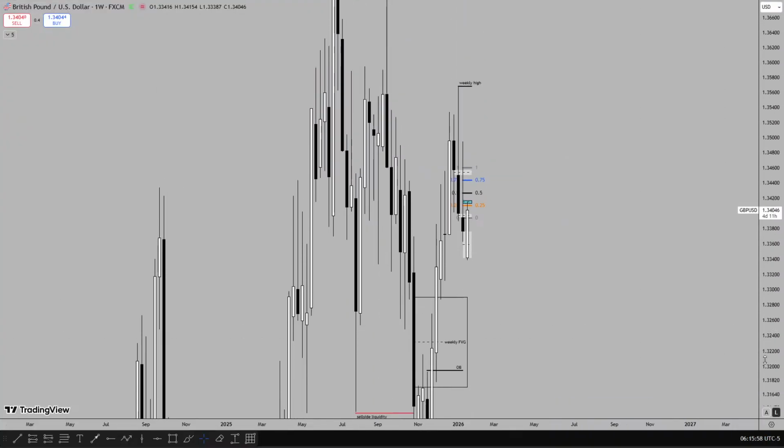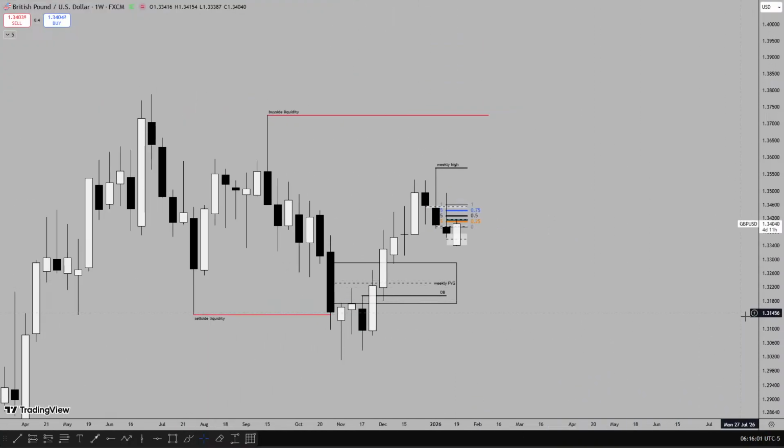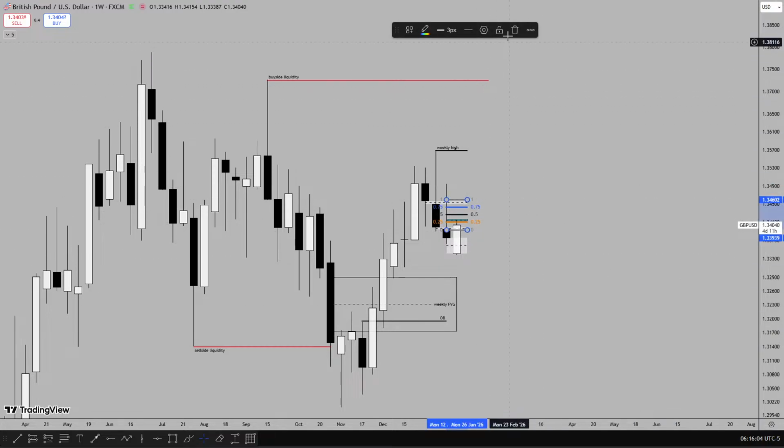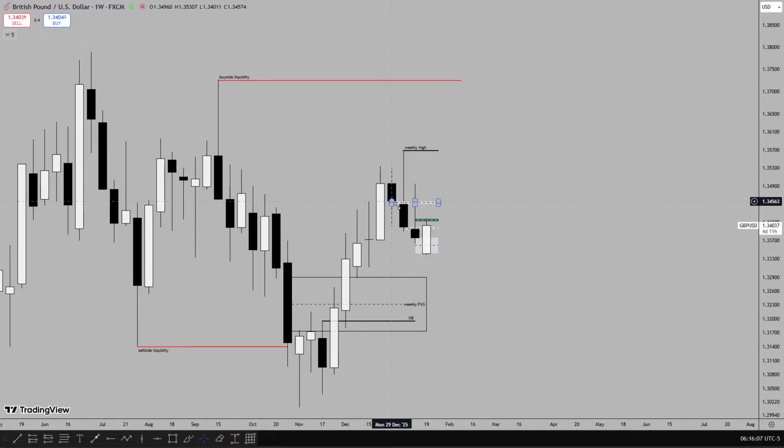On the weekly time frame on GBP USD, price is still trading lower after the swing high. Trading lower, the next draw on liquidity should be the weekly fair value gap. But I told you I wouldn't be anticipating lower prices unless they align with the dollar index. I have to see the alignment between the dollar index and GBP USD before taking any sell trade to the weekly fair value gap. But as long as price is still